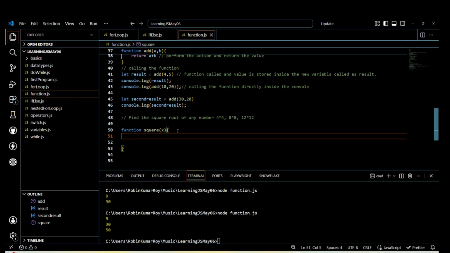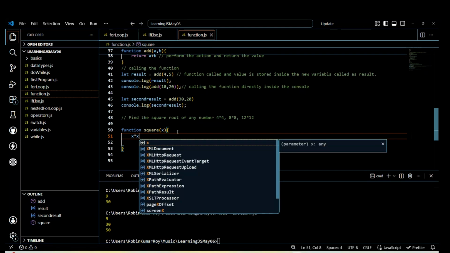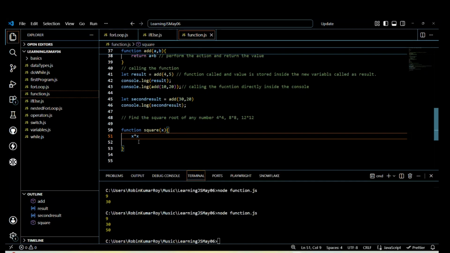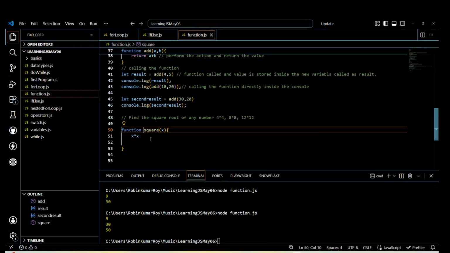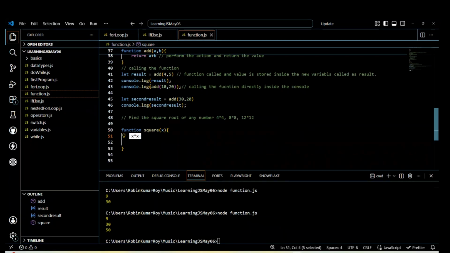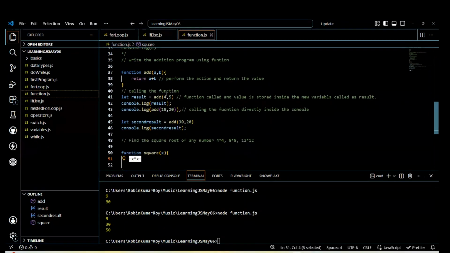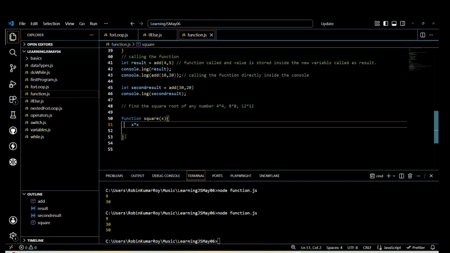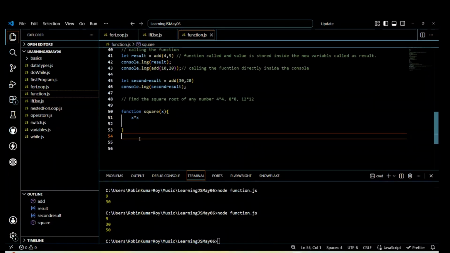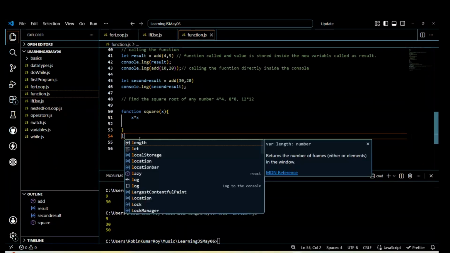So I will say x into x. Now we know that whenever you are using x into x inside the function, it will promise something, it will return some value. Let's say if I don't return some value,